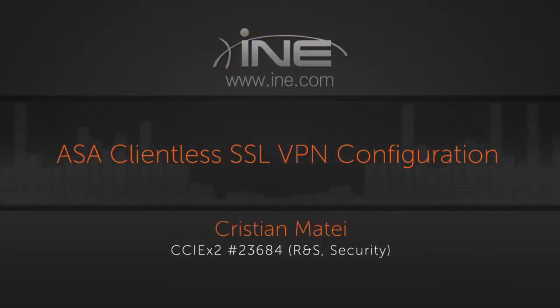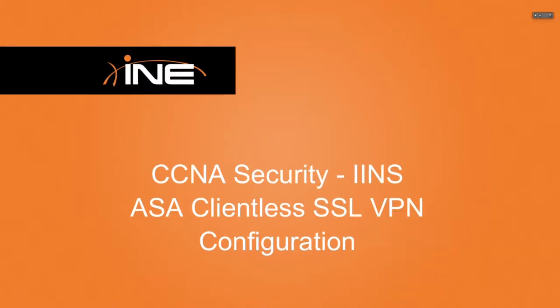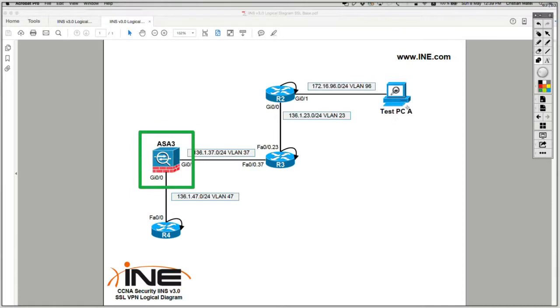Okay, next we're going to perform the configuration to set up a simple, basic clientless SSL VPN tunnel. The use case is that we're still going to use the ASA as the VPN gateway, which is in the scope of the CCNA exam, and test PCA as the client. This time it's going to use the browser, and once the SSL VPN tunnel is established,